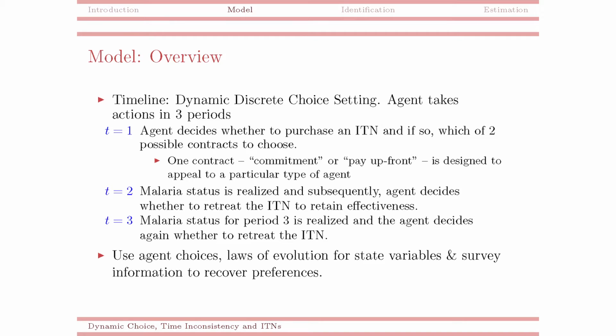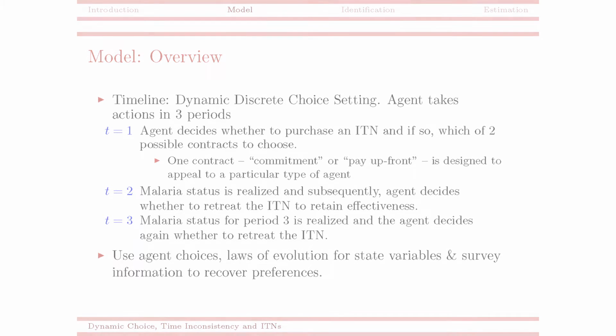One of the contracts is going to be a standard contract, or a loan contract, to purchase an ITN, whereas the second kind of contract is designed to be similar to the kinds of contracts that are offered in typical experiments in development. They incorporate a commitment or pay up front kind of design. And in the usual development RCT, the take-up of these contracts is seen as evidence of some kind of inconsistency. And one of the things we'll show with this paper is that mapping from take-up to saying something about preferences